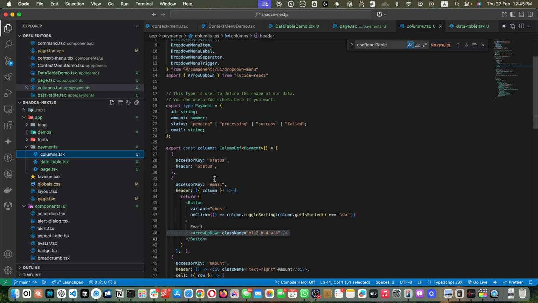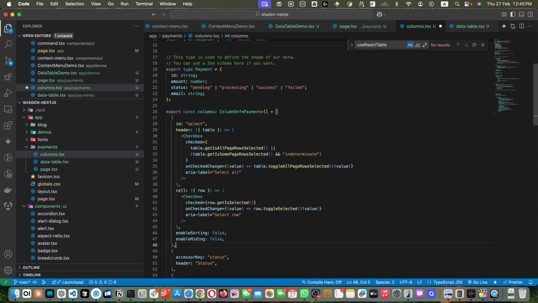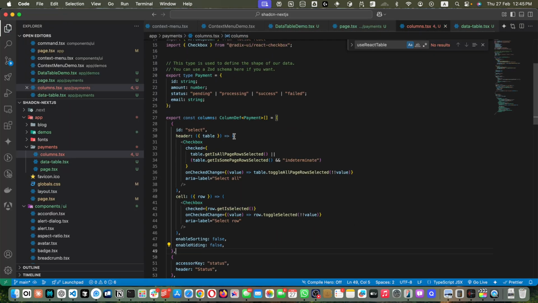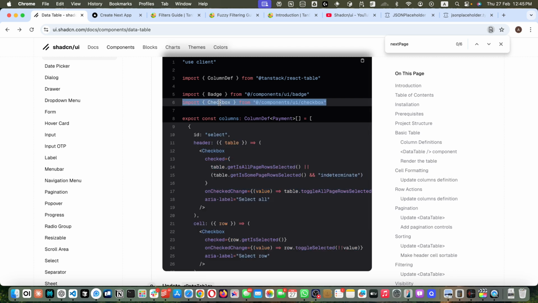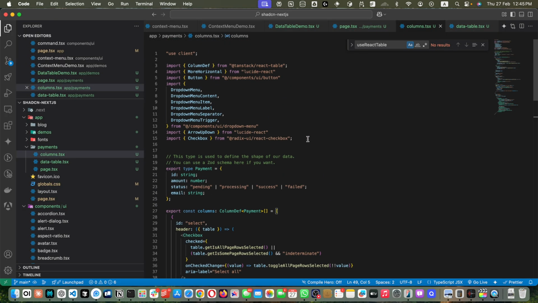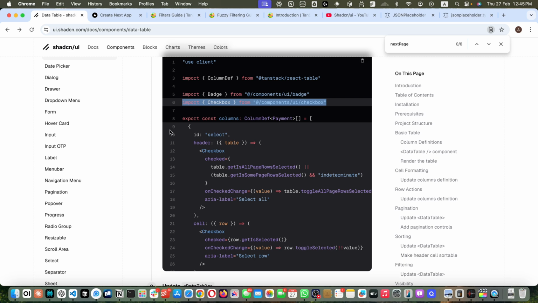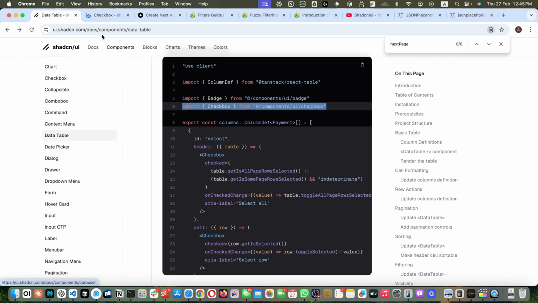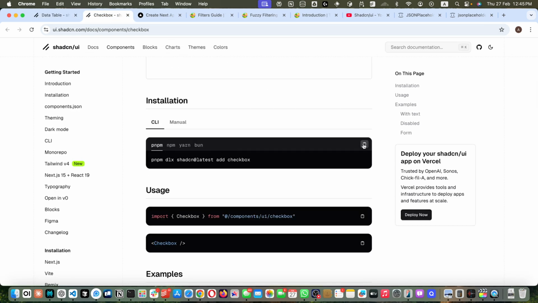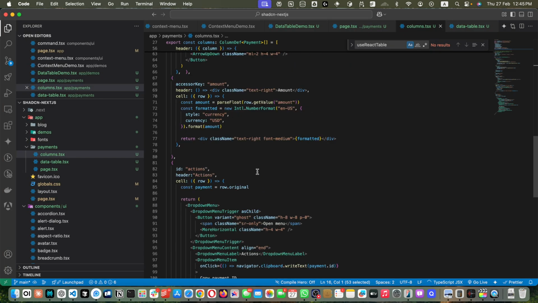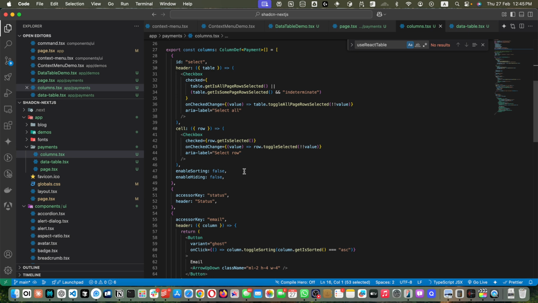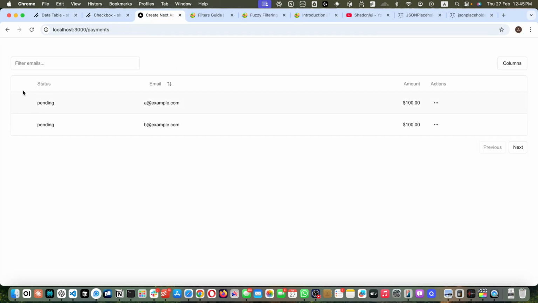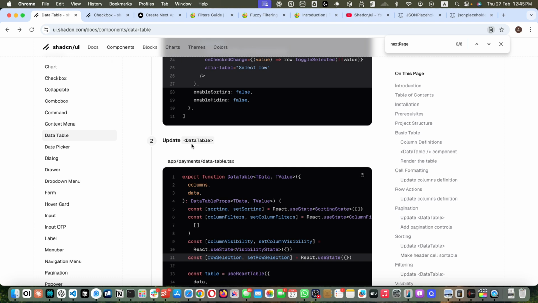Select that, and here the very first column should be the checkbox column, and make sure to import the checkbox component. If you haven't installed the checkbox component yet, then you have to go to the checkbox component in the Shadcn documentation and run this command to install the dependencies for you. Once done, this checkbox would be visible, I guess. Here no, it is not visible yet, but it would be visible because you would have to go to the data table,